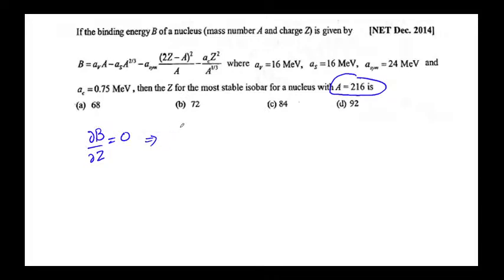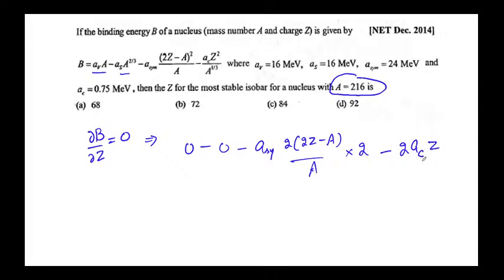And when I do this, this equation becomes: first term 0, second term is 0, minus the asymmetry term 2 into (2Z minus A), so this comes ahead over A into 2, minus the Coulomb energy term Z over A to the power 1 by 3. So when I take the derivative of this,